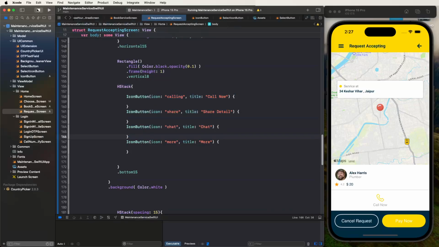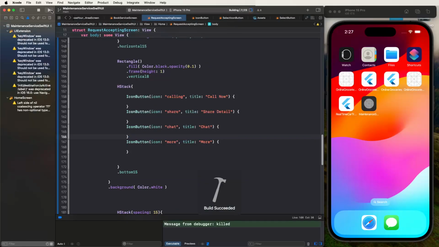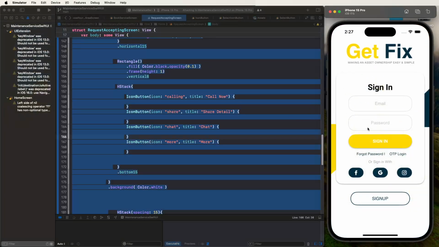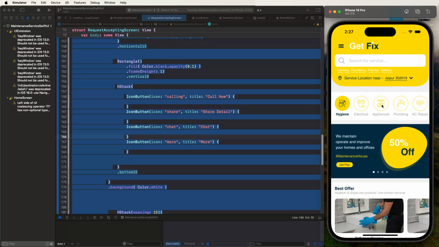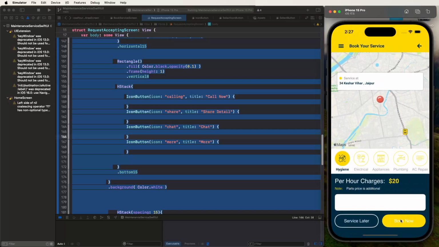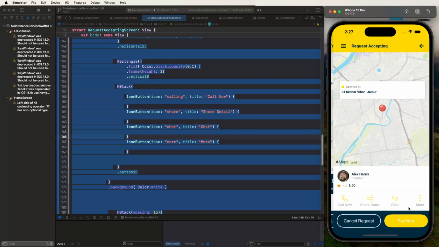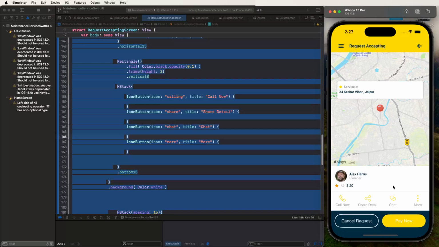Then restart the app and check it, comparing with the UI. Book now. And similar to this UI, you need to create the same,